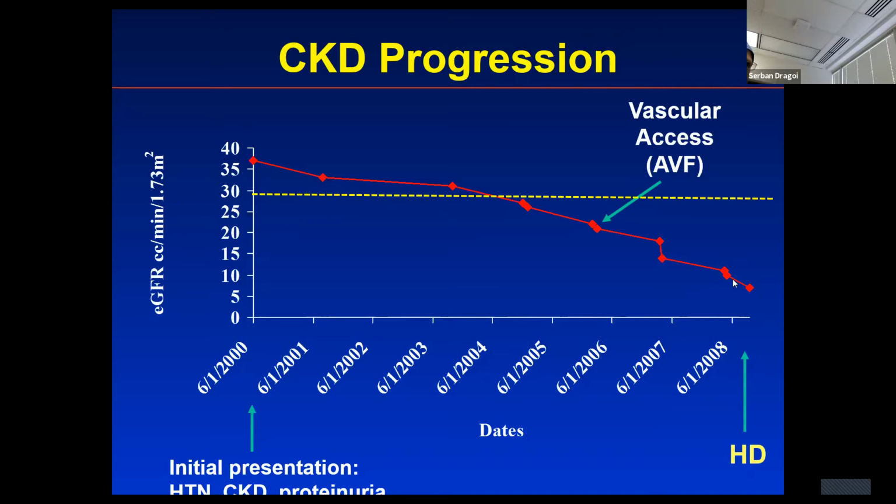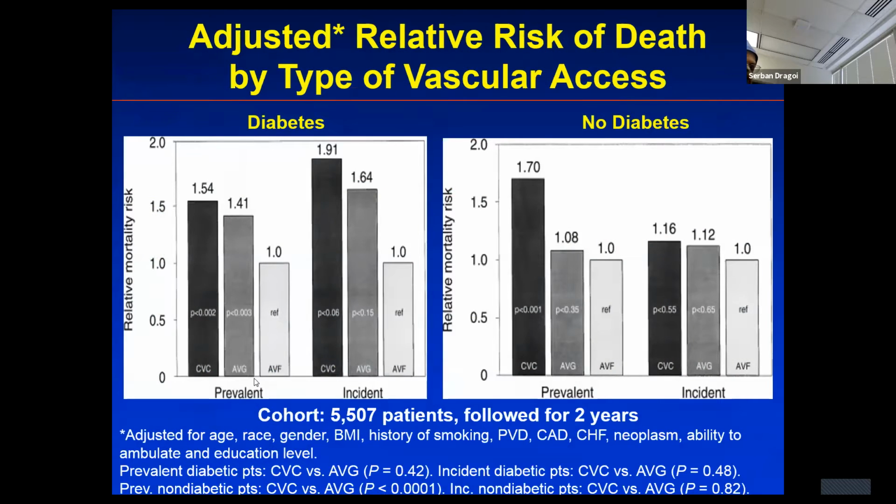It takes only 3.5 to 4 weeks for that to mature. So PD catheter is an easier thing, but AV fistula takes about 4 to 6 months to mature. So it will be necessary to place, at least, if not here, at least somewhere here. It is a difficult conversation. This is adjusted relative risk of death by type of vascular access, and you can see that in prevalent and incident dialysis patients, this is the relative mortality risk if they are diabetics. So in diabetics, the worst